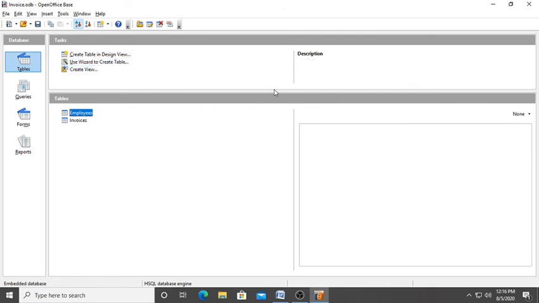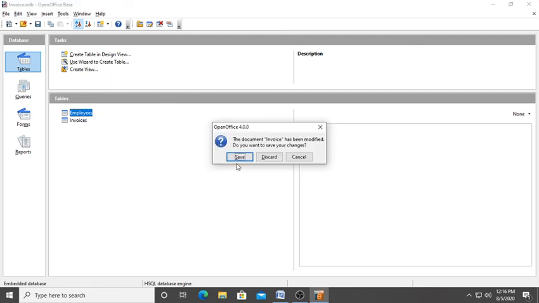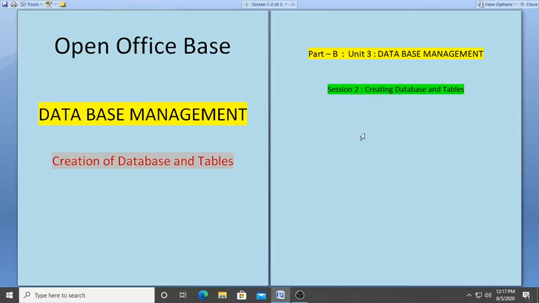Okay, now I am telling you how to create a new database and create your table in that. For that, we are just closing this application. We want to save this because the invoice database is going to be modified. So click on yes, it will save this. Now again we are going to start it. How to open